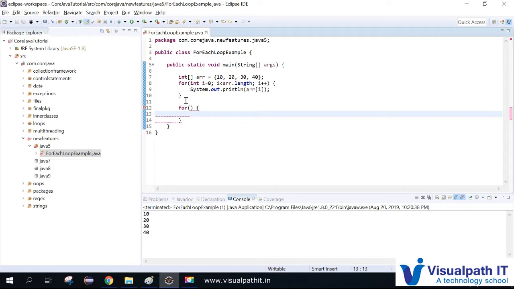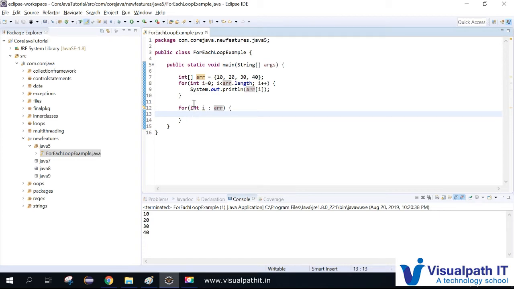Similar to the for loop, the for each also has the for keyword, and you just need to write the integer data type, the same way we declared here, because the elements of the array are integers, so the same data type we have to declare. Then you put a single colon, then you write the array. That's it.